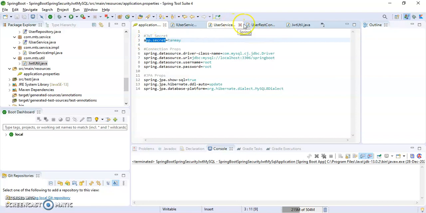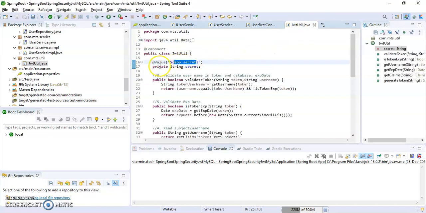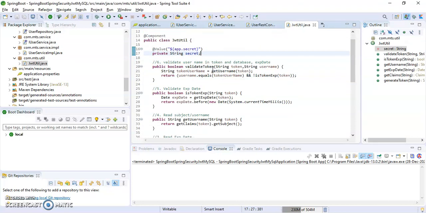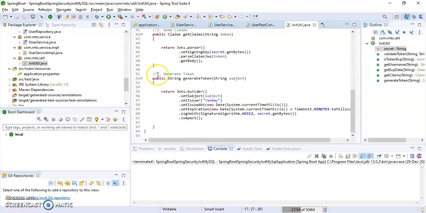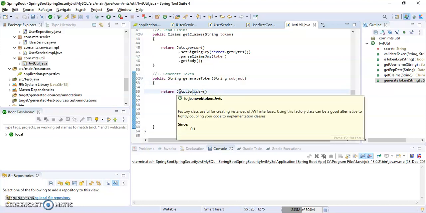Use this keyword in JwtUtil to create the secret, and give a private String secret, as the secret is in string format. Then to generate a token, define a String method generateToken, and give String subject as a parameter, and it will return Jwts.builder(). Jwts is a predefined class from JSON Web Tokens.